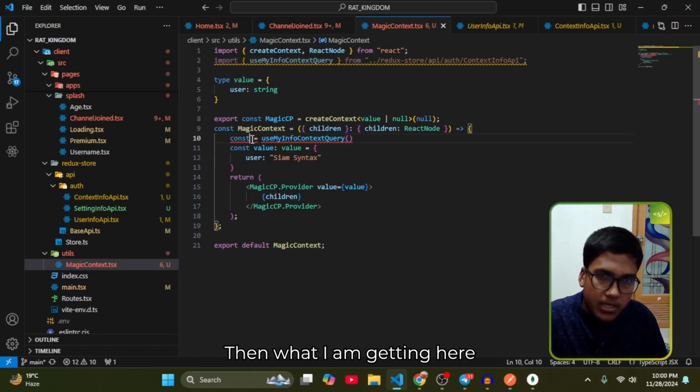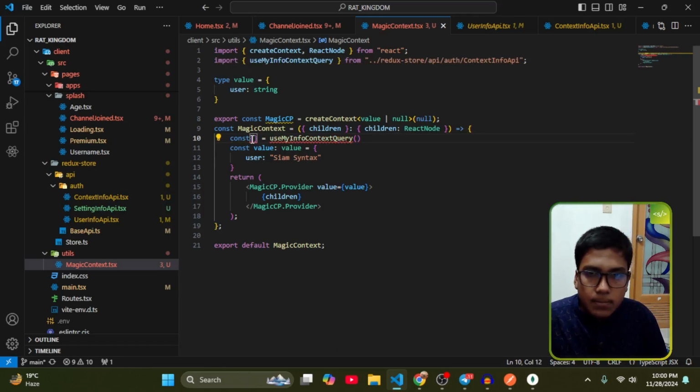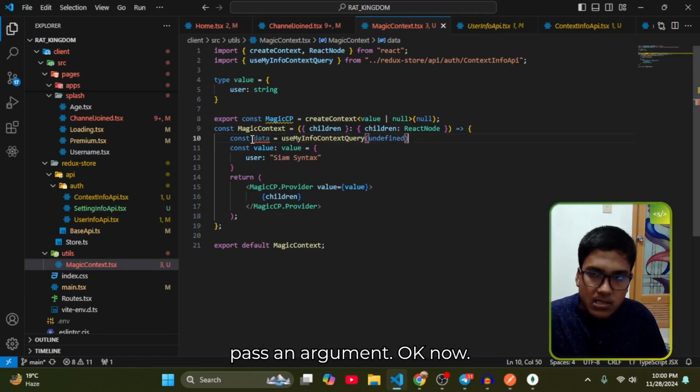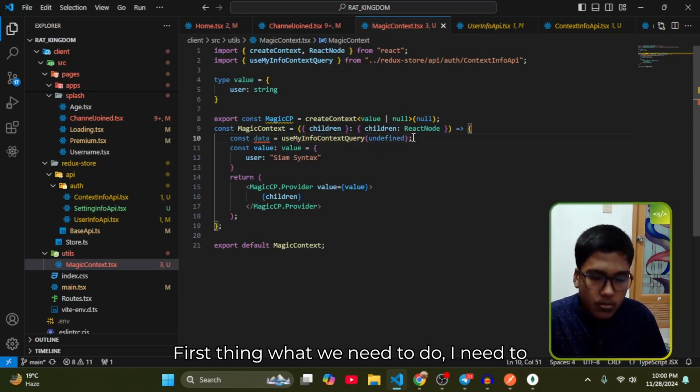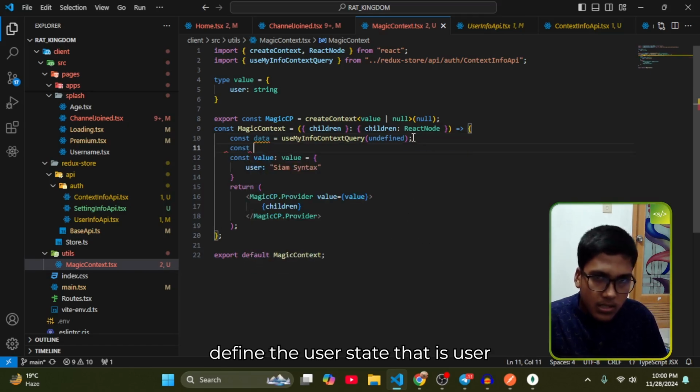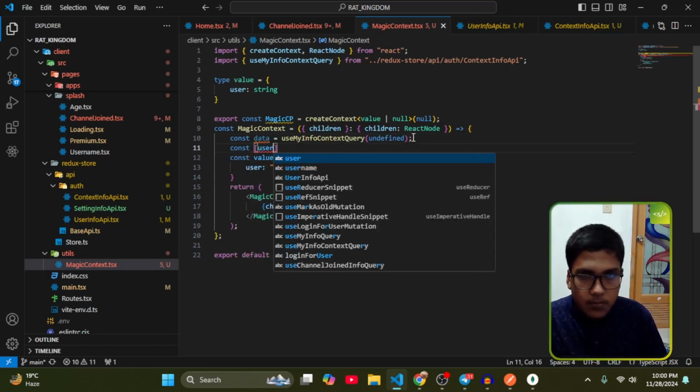Then what I am getting here, data, and then I am not going to pass any argument. Okay, now first thing what we need to do, I need to define the user state, that is user, and